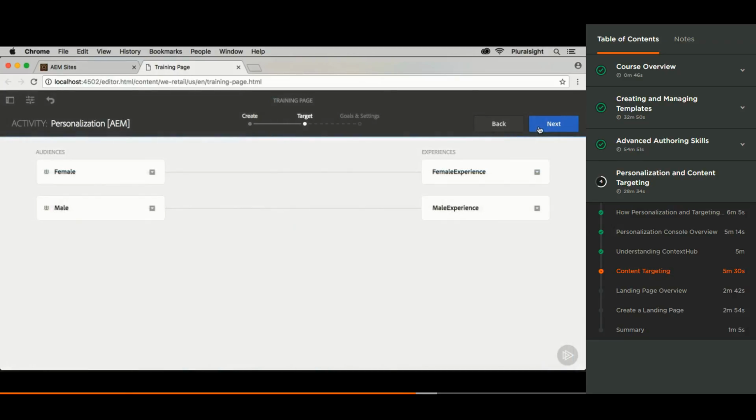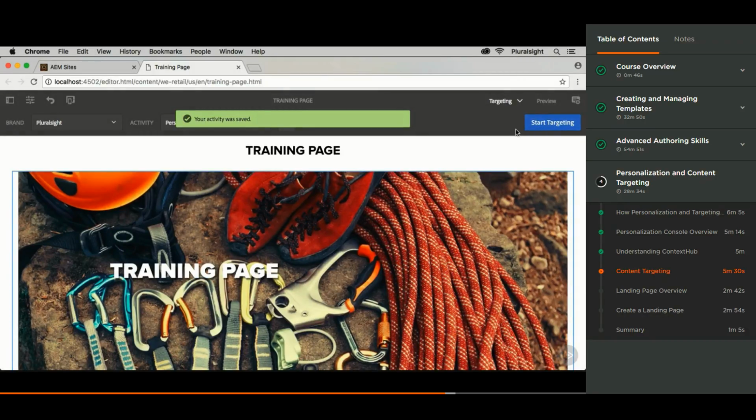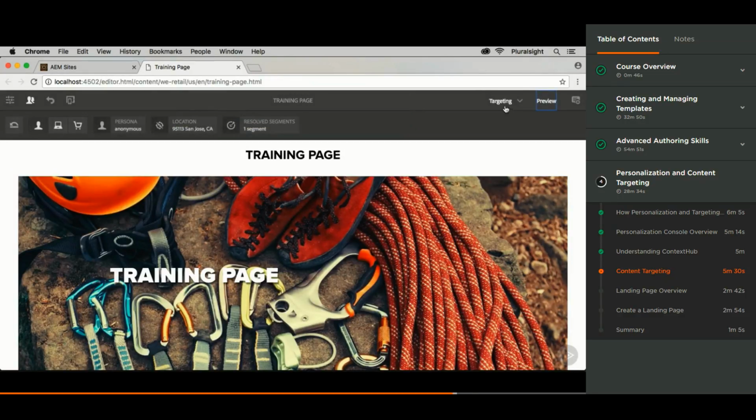Once you click Next, you just have to make sure that your audiences are mapped properly to the experiences, and in this case, they are. So again, I can come over and click Next again, and we can specify the duration and the priority. Again, I'll leave these set to where they are, and I'll save it. Once you save it, you then want to come over to the preview mode, and in the preview mode, you